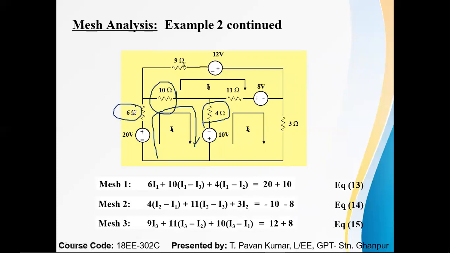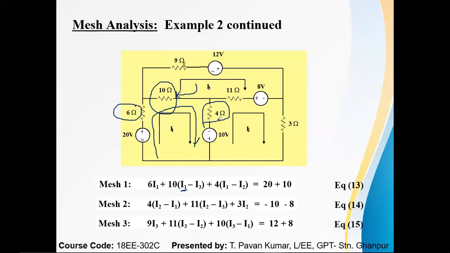One resistor is independent, meaning only one current flows through this resistor, but this 10 ohm resistor is dependent on two currents, I1 and I3. Since I am highlighting the I1 branch, that means the resistance of the branch and the current. So there are two currents: one from the mesh 1 consideration, I1, and next I3 will also come, because this is common to I1 and I3.